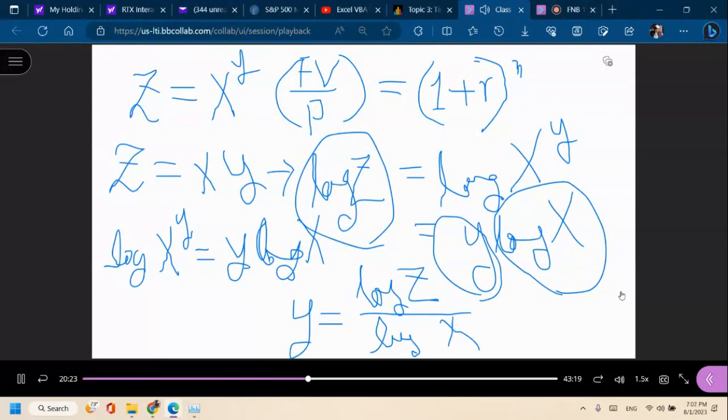So in other words, this is n, right? And if you take the log of the left-hand side, take the log of the right-hand side, you'll be able to find n. Now, our next question is then,